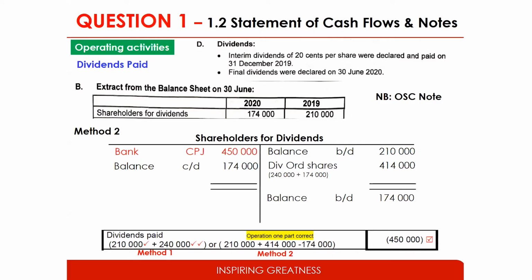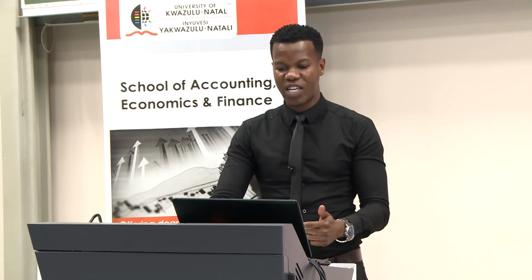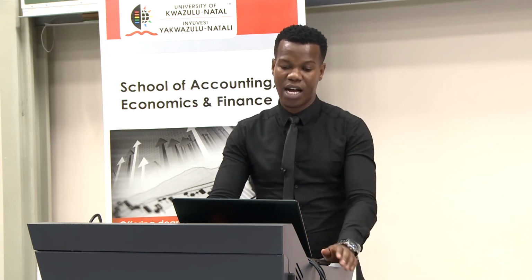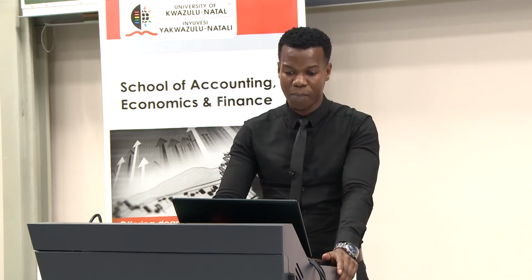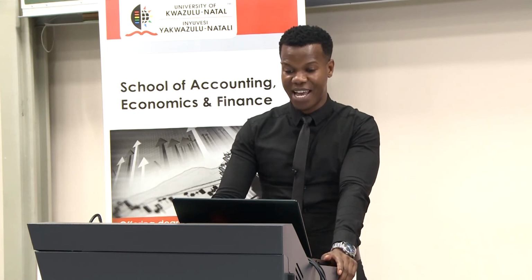If you want to do the T account, you'll then do your T account, the opening balance, the dividends declared and paid, the closing balance of dividends, and then the final amount, CPJ, cash payments journal. We've paid dividends of 450,000 rand. Whichever way works for you, whichever way is faster, whichever way will relatively make you not make more mistakes or miss figures. Hence, I say that having a T account makes me see what it is that I'm doing instead of working it out in my head.